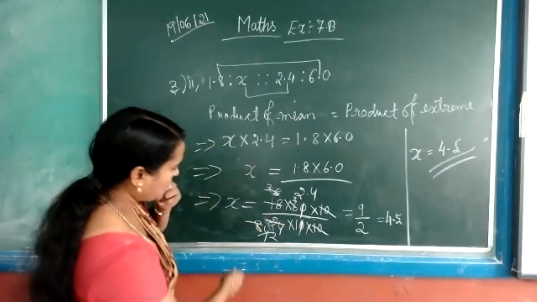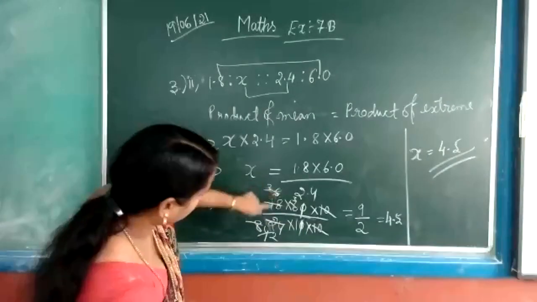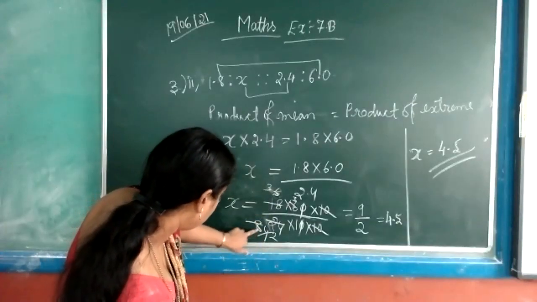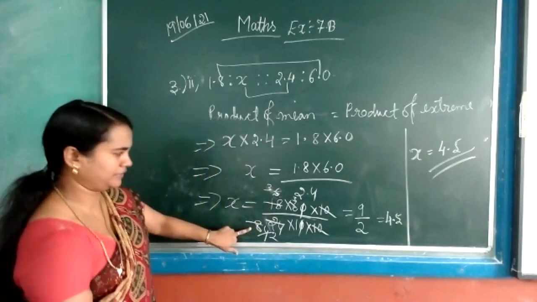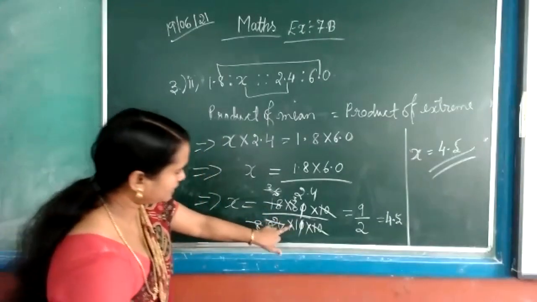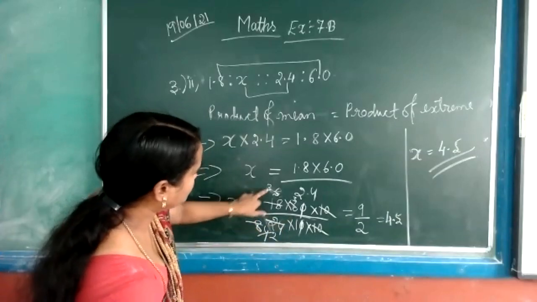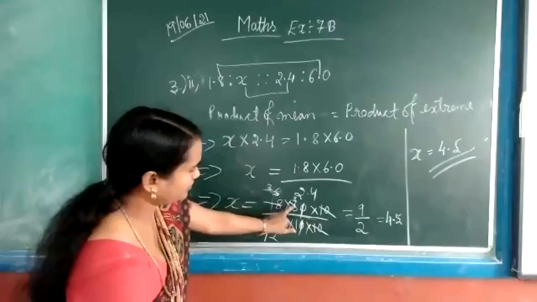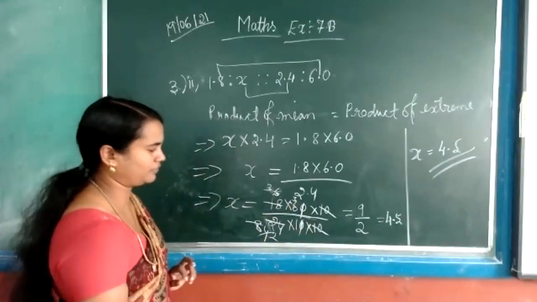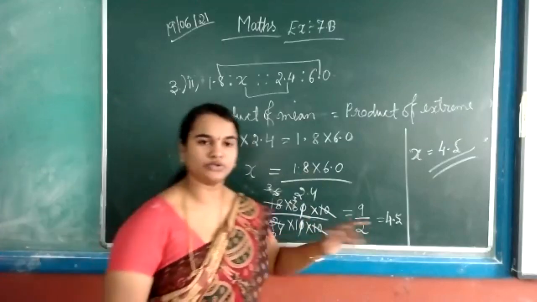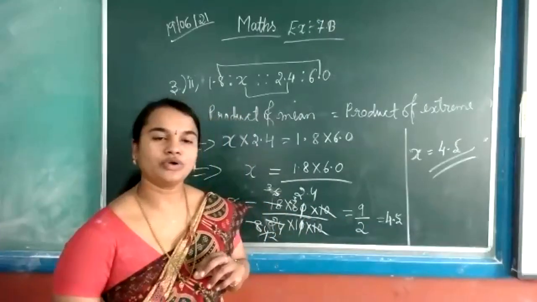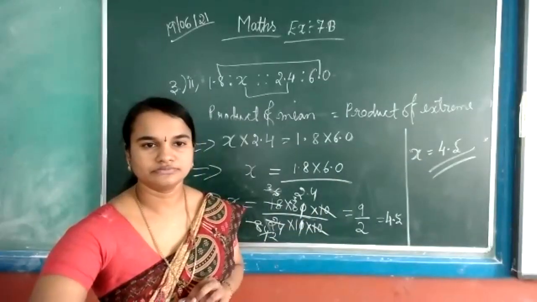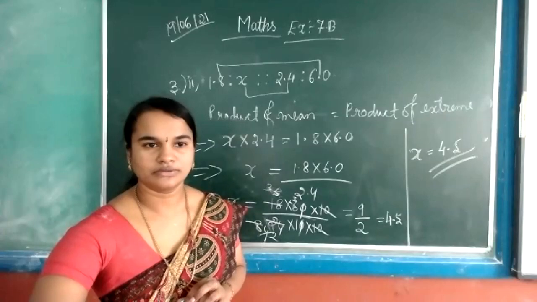Now here, 3 sixes are 18 and 3 eights are 24. Okay. Then afterwards from 2, 2 threes are 6, 2 fours are 8, again reduce from 2 only. 2 threes are 6, 2 twos are 4. Then 3 threes are 9, 2 ones are 2. 9 upon 2. Again simplified, you will get 4.5. Yes, ma'am. Okay.